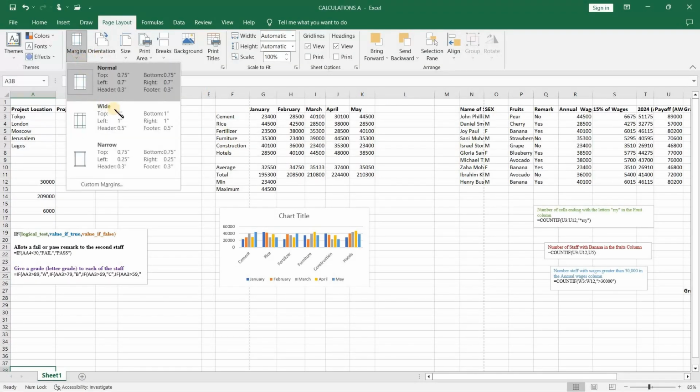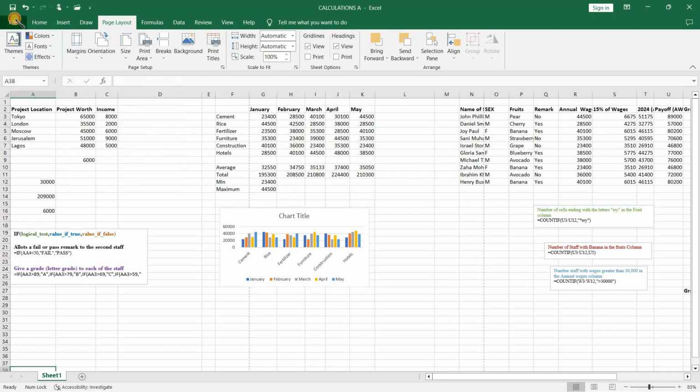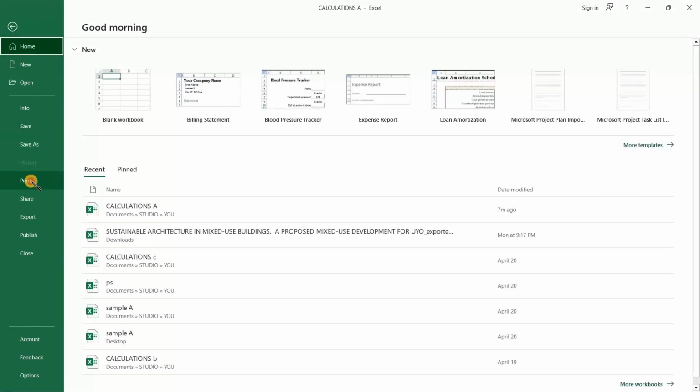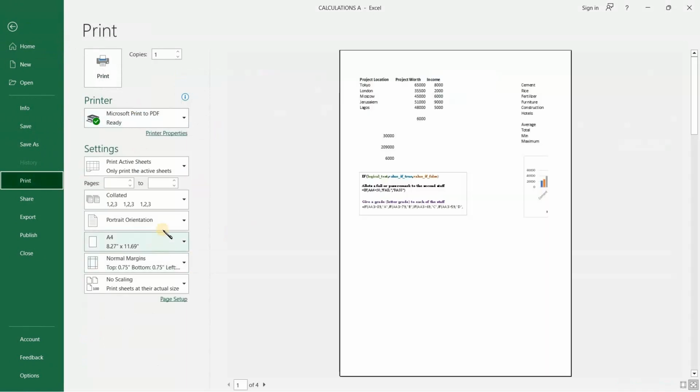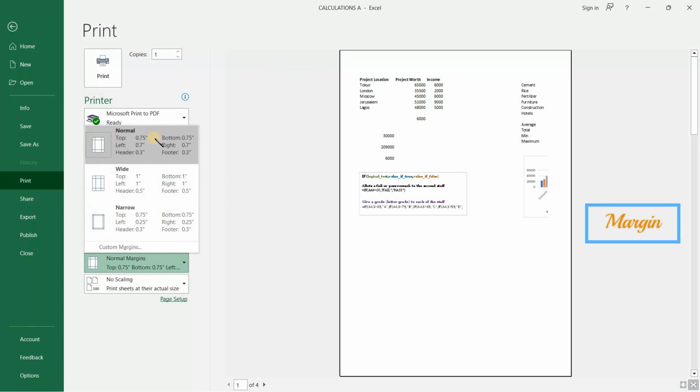Notwithstanding that, there's room for us to influence our margin. The margin has to do with the distance from the edge of your paper to where your write-up starts. So let's go back again to the printing option, and if we look at margin here, we have normal margin, wide, and narrow. If we have wide